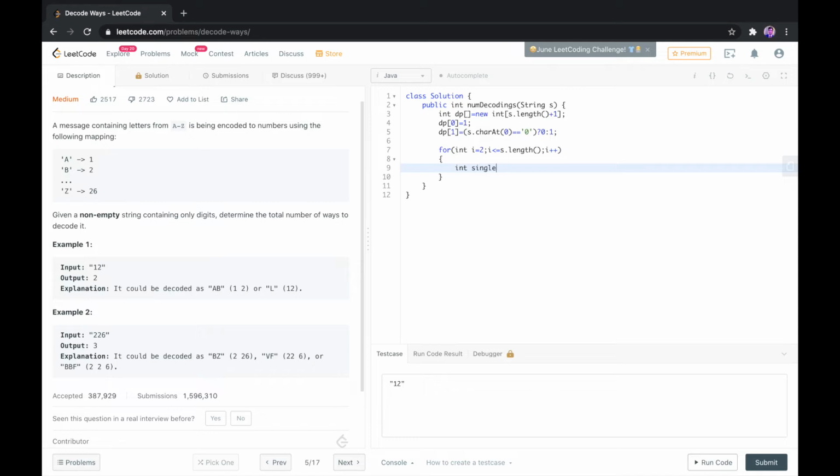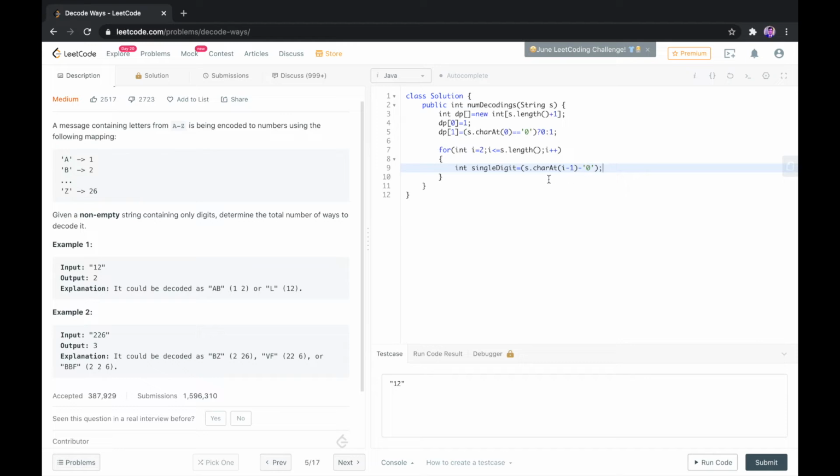So first we'll identify for single digit. This part might be tricky for some people, so I'll explain what I have done.